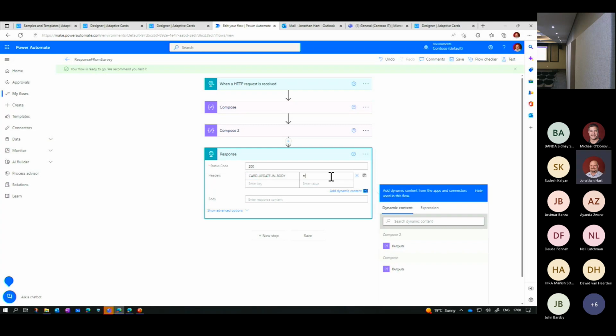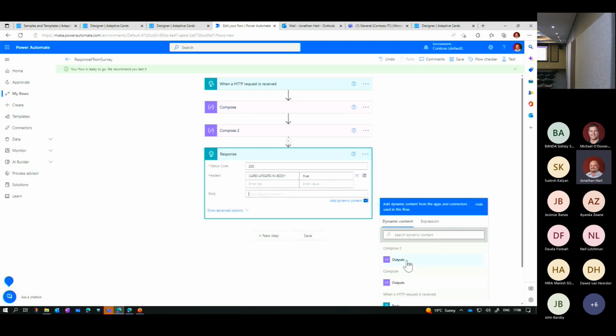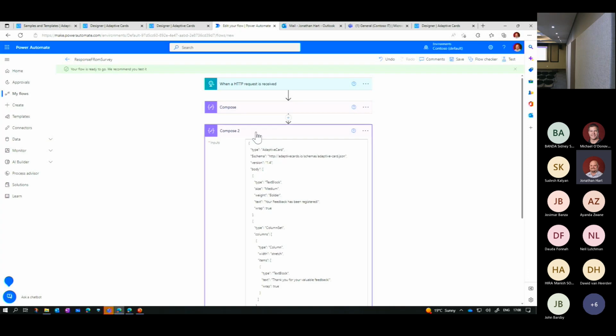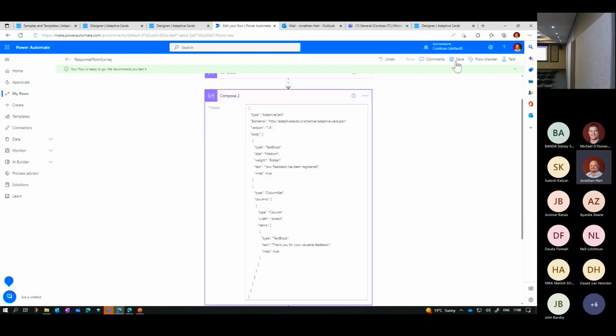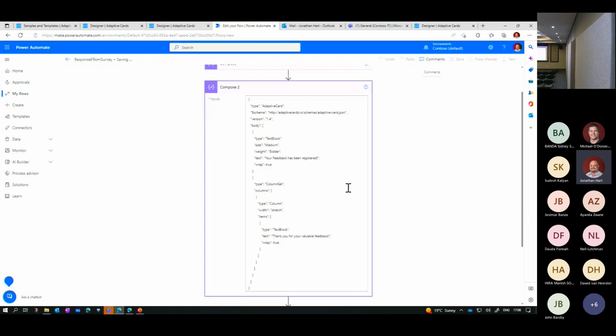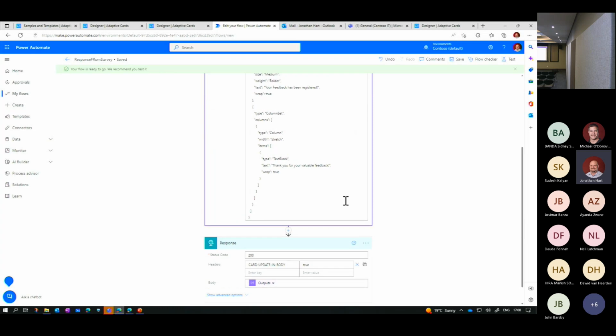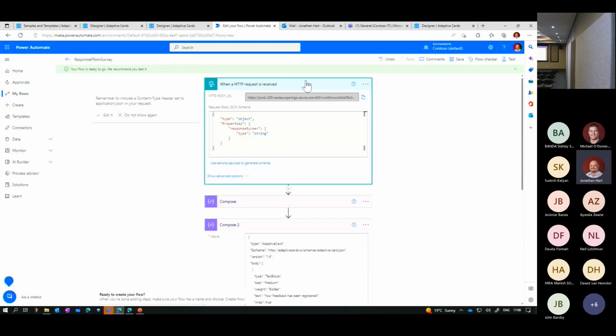And then we're going to set this value to true. And then that response we are going to use from the outputs from this step over here. And then I'll show you how we can bring in some additional items just now based on how this runs. Okay, so let's save this. We've got our response sorted out, and we're almost ready to go back to our